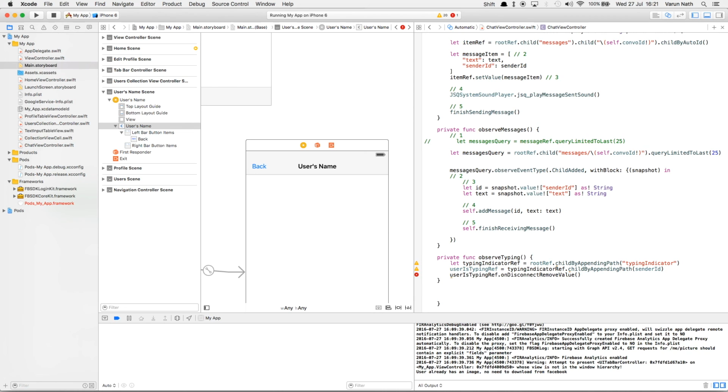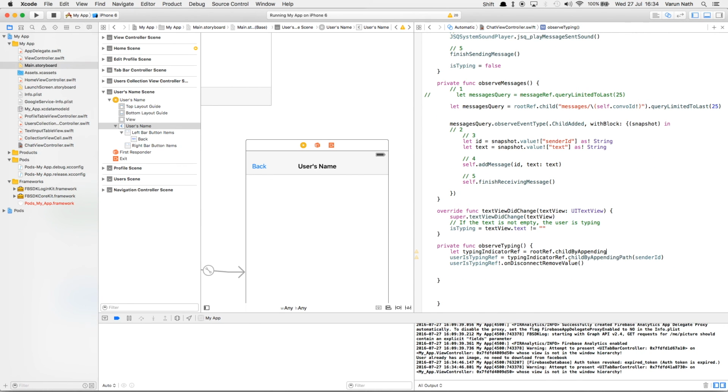Basically this creates a reference to the URL of typing indicator, which is where you will update the typing status of the user. And since we don't want this to be remaining after the user is logged out, we can delete it once the user has left using the onDisconnect removeValue. But we're going to change this a little. This is directly putting it under typing indicator. So let's change this to rootRef.child